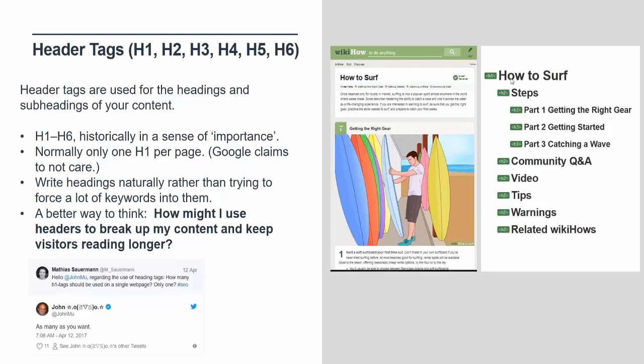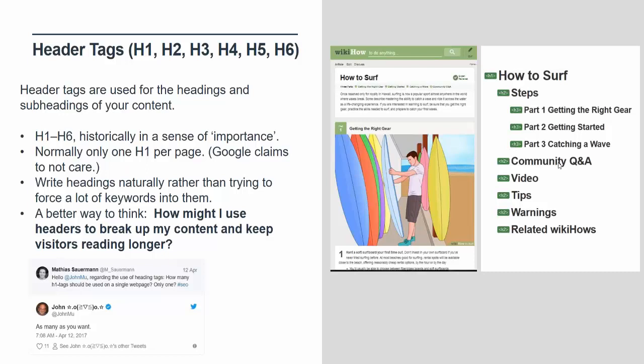So the real takeaway with this is I think headings still matter. And while I recommend you still take the tried and true approach of having one H1, as many H2s as you need, under the H2 have an H3, under the H3 have an H4, and if you need to, go back to an H2.